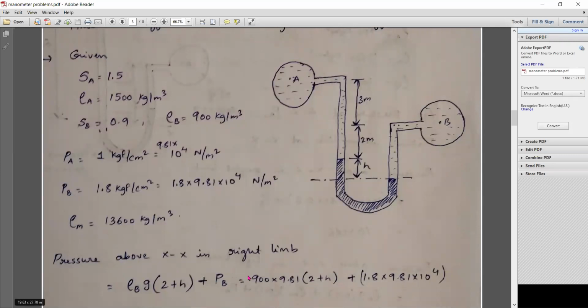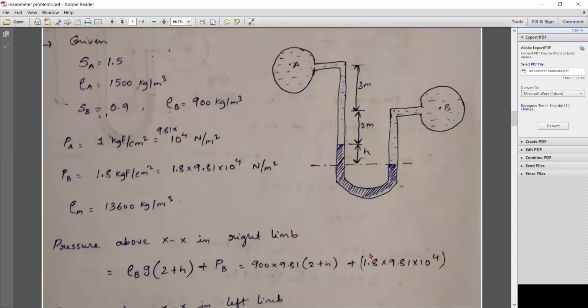Right. If you understood this, now substitute all the values which we have except the H value. H value is not given; that is the thing which you are going to find. Please calculate that. You'll get something in an equation form. Here 900 into 9.81. You have to multiply 9.81 for the two terms: 9.81 into 2 is the first term, 9.81 H is the second term. Again, you will multiply this, and you get a single term.